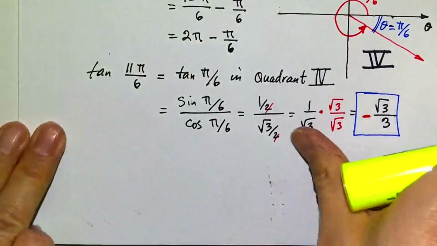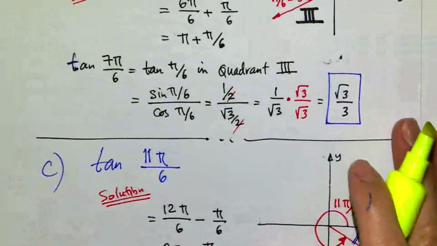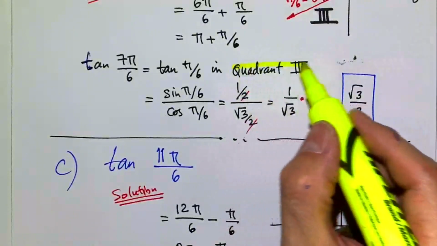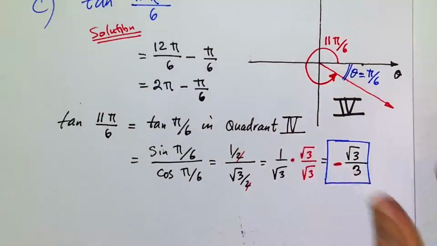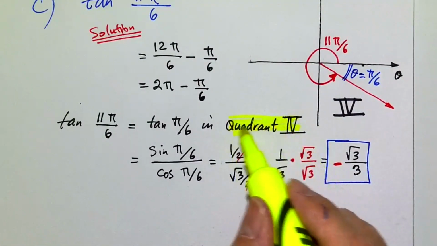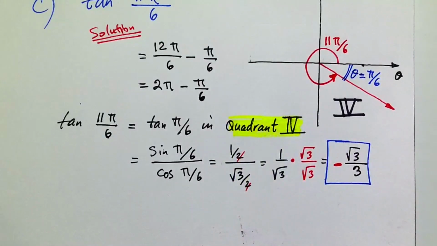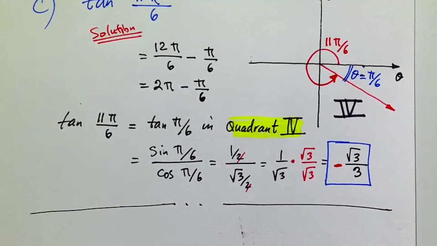And in which quadrant we are is so important in calculating these that I want to highlight it like that. Here we were in quadrant 3, and here we were in the fourth quadrant. Okay? Very, very important. Okay, I think we have more examples, so let's go over those.